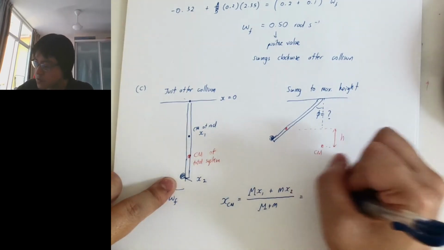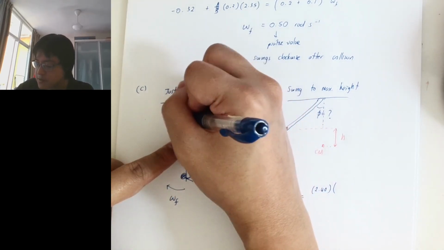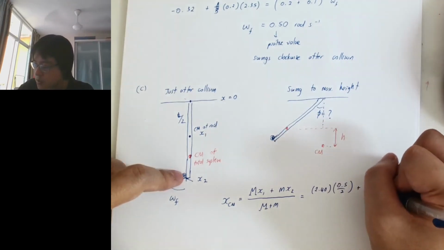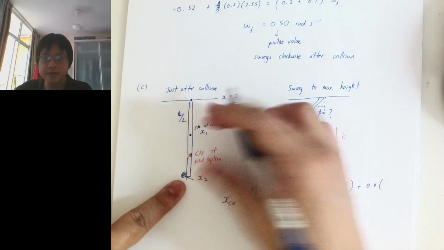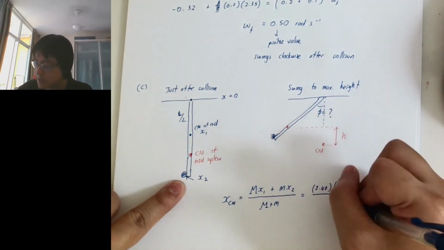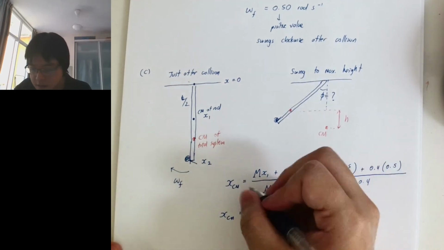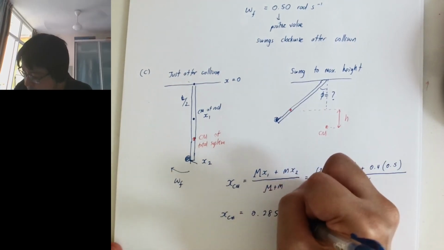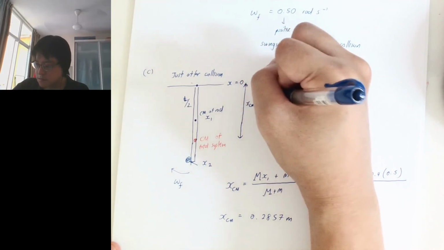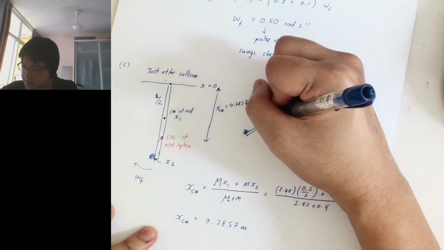So the mass of the rod is 2.4. The position is, this is a uniform rod, so it's L half, so it's 0.5 over 2. The mass of the snowball is 0.4. The distance from here is just the total L, so it's 0.5. And then big M plus small m. So my center of mass of the system is at 0.2857 meters. So that means this